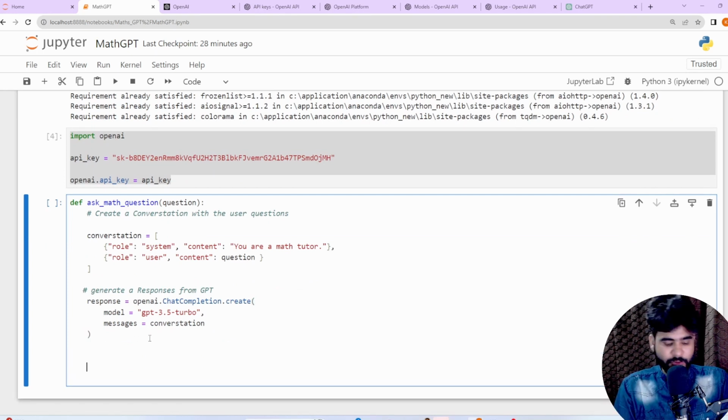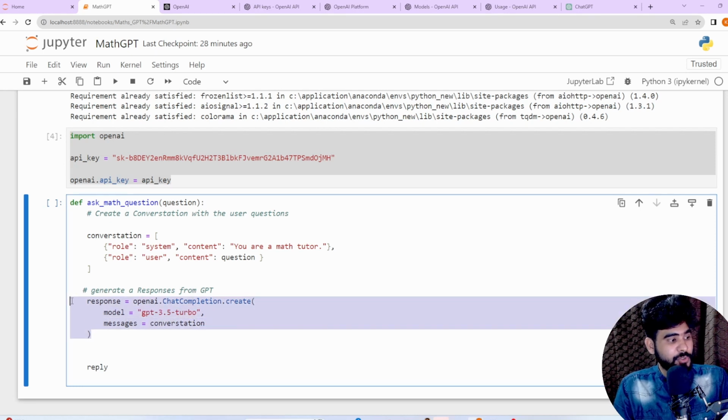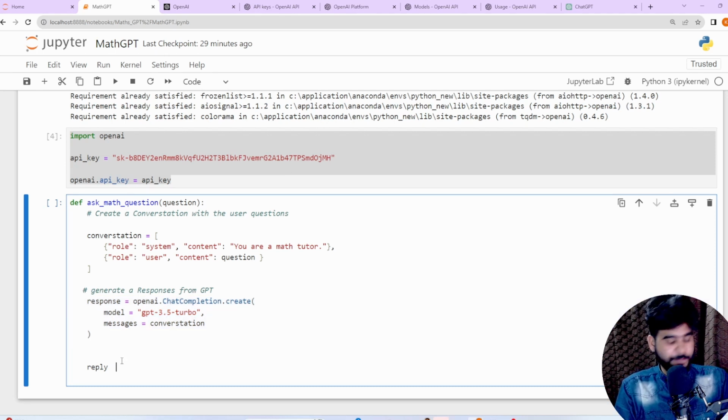So the next variable that we are going to create is reply, because the response variable will help us create a response, but we need a reply as well, right? Whatever questions we ask, based upon the questions we need a reply. So for this we are going to create a variable called reply equal to response, and based upon this response we can call our model.